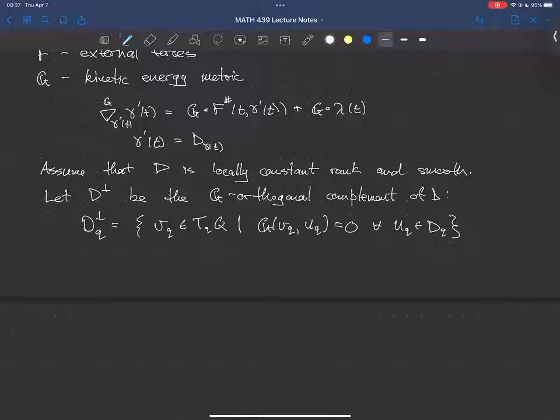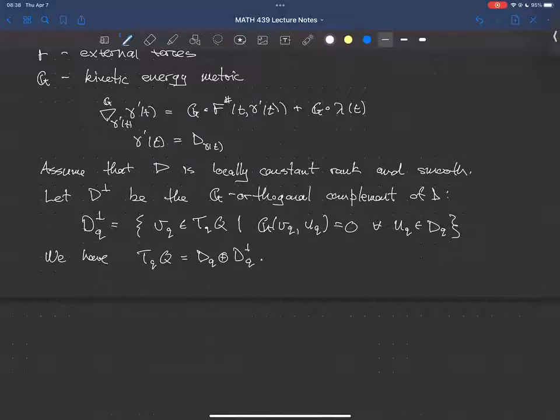Okay, so that's the orthogonal complement. And so of course, we have TQQ is equal to the direct sum of D and its orthogonal complement, obviously. Okay, good. So now,